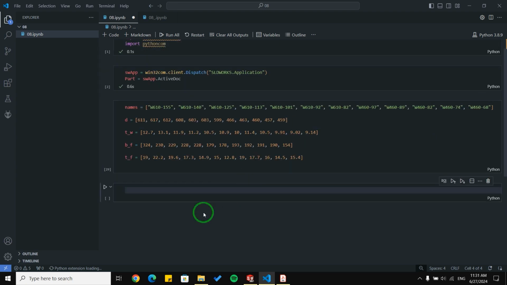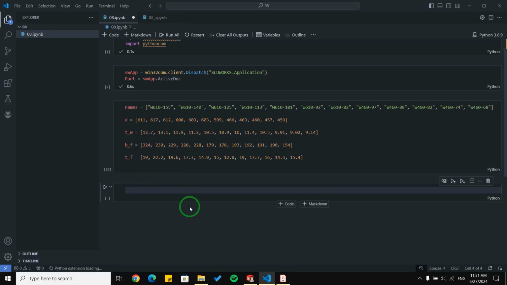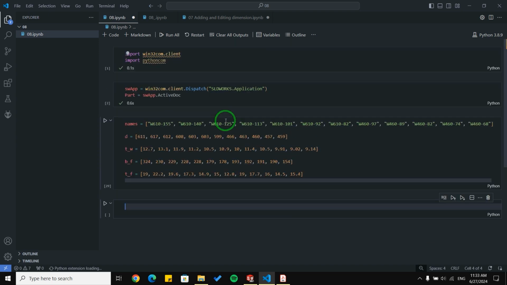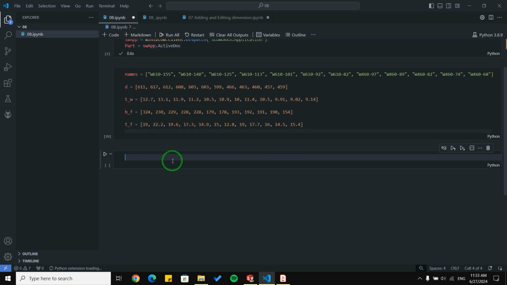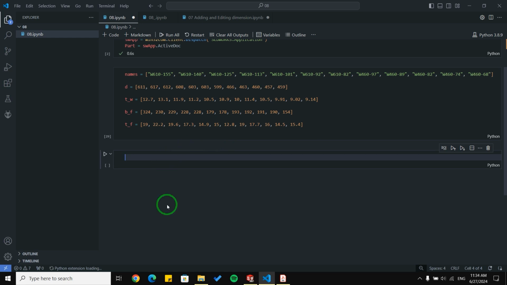First, I need to write code to be able to edit this beam using Python. And for that, as we talked about in the previous video, which was about how to edit and create a dimension, we need to define some variables to be able to edit these dimensions here. Let me create some variables here.